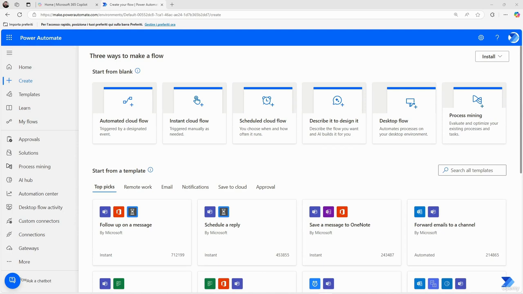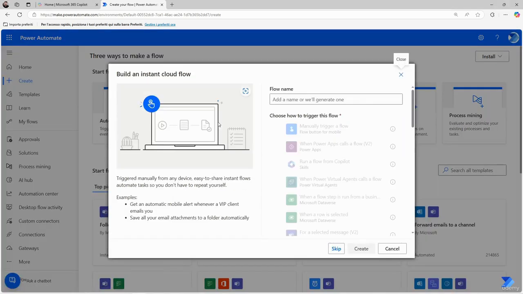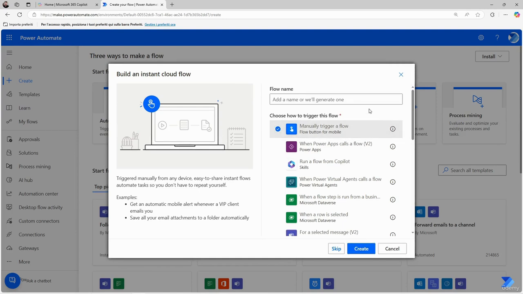The first step is to create a new Power Automate flow. After logging into the platform, a new cloud flow should be created with the Manually Trigger a Flow trigger, allowing us to run the flow on demand. It is essential to give the flow a clear and descriptive name, such as Sort Array by Age, to ensure